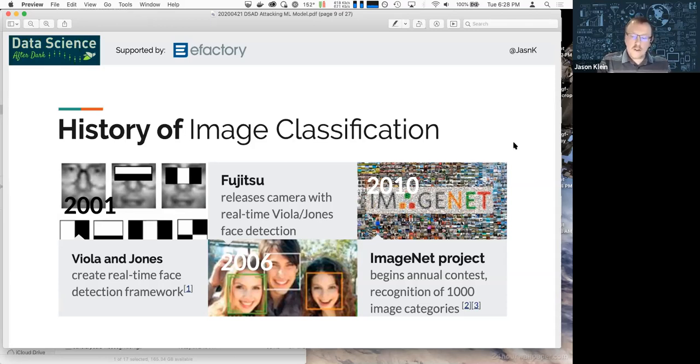So when you expand to ImageNet, they were doing the same type of thing, where instead of having a ton of 1s and a ton of 2s and a ton of 3s, they ended up having a ton of dogs and a ton of cats and a ton of cars and different categories of objects that could be run through the computer and used to train models.